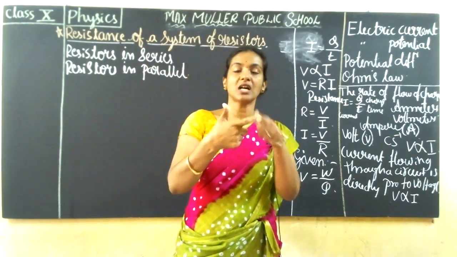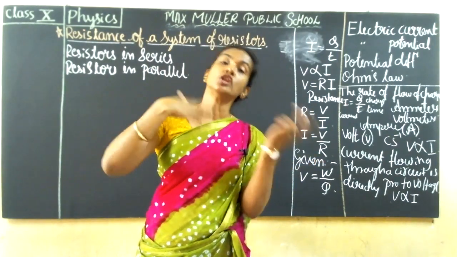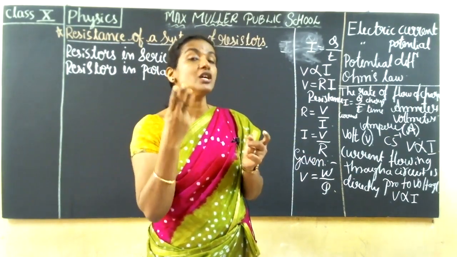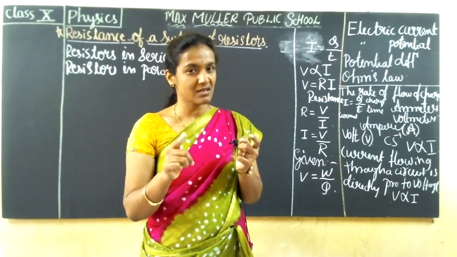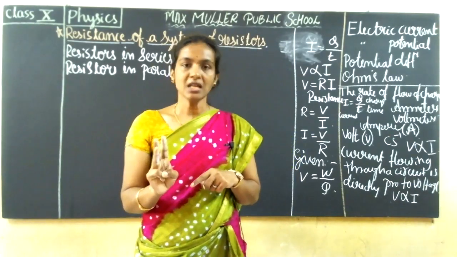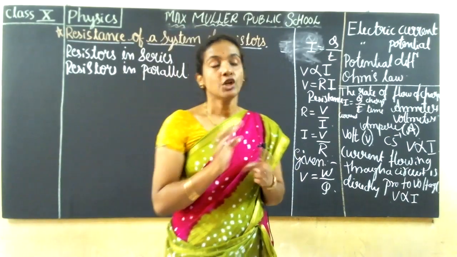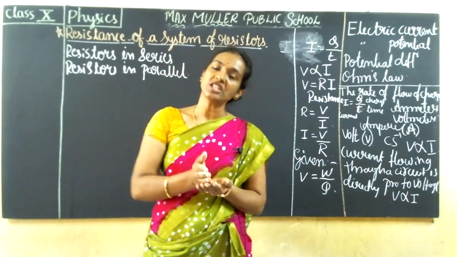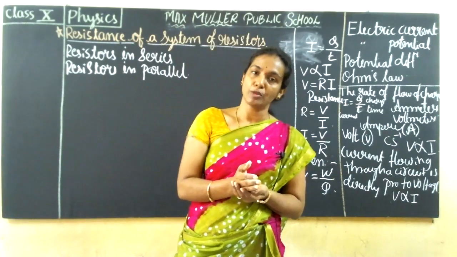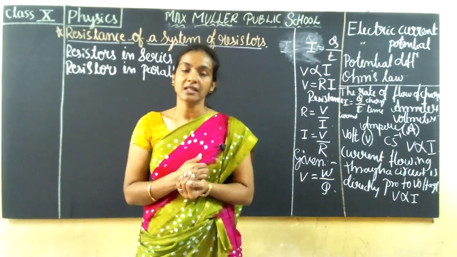So they both are related. How are they related? They are proportional to each other. That we learned in the third concept, that was Ohm's law. It means they both are proportional to each other. Clear? Once you know they are proportional to each other, with the proportionality sign you cannot calculate how much current and how much potential difference is there in the circuit using Ohm's law.